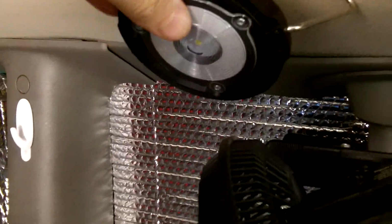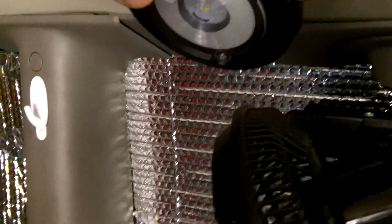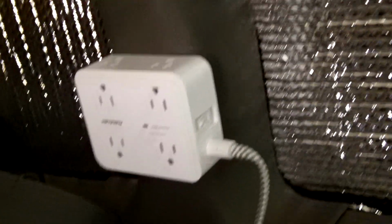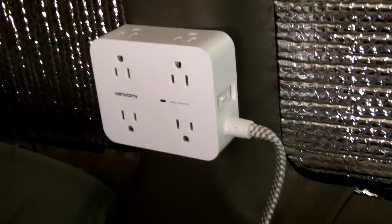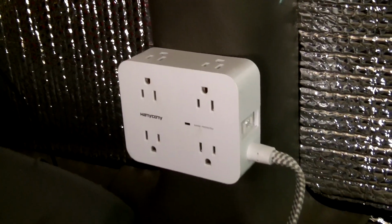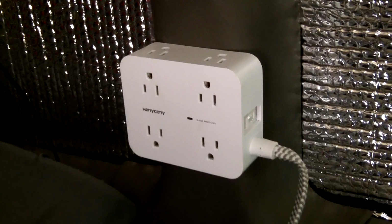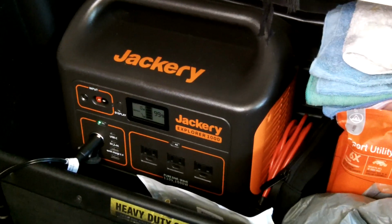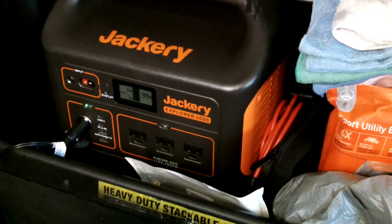I've got a solar light right here that does the job. I've got a little 4-way plug set there that if I have shore power outside the van, I have a hookup for shore power that'll activate it, and I could plug in some items there if I have shore power. If I don't have shore power, I just use the Jackery Explorer 1000 if I have to plug anything in, just like it is now. And then just some zip ties, some rags, sport utility blankets / shelter, some extra garbage bags,